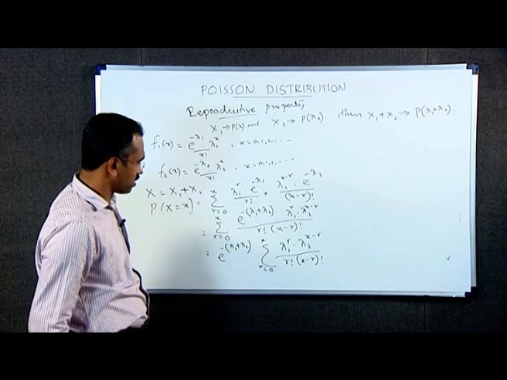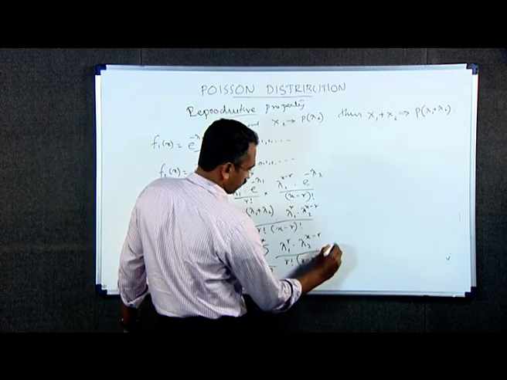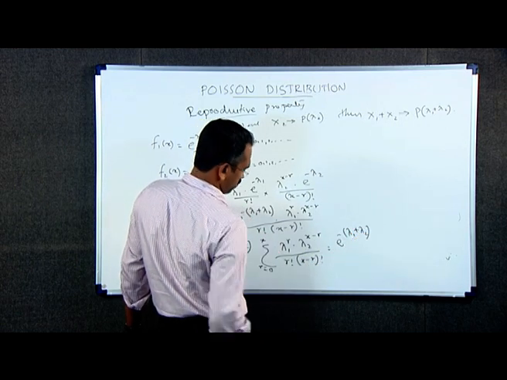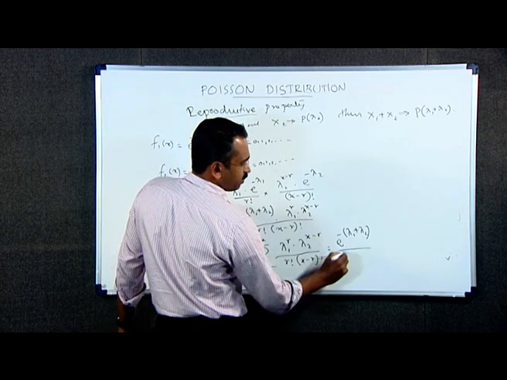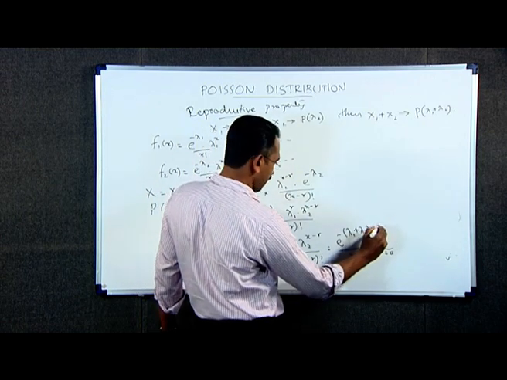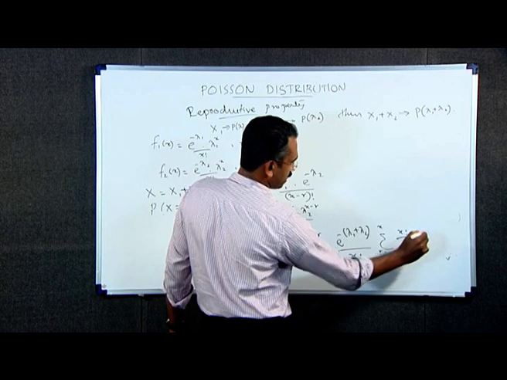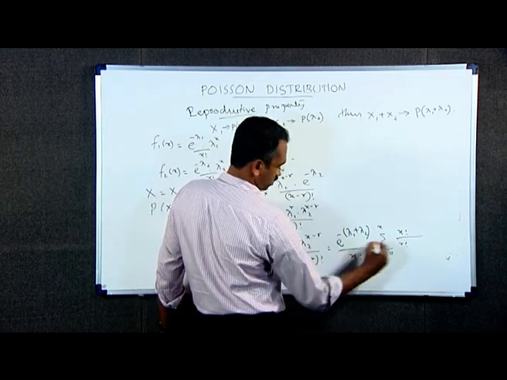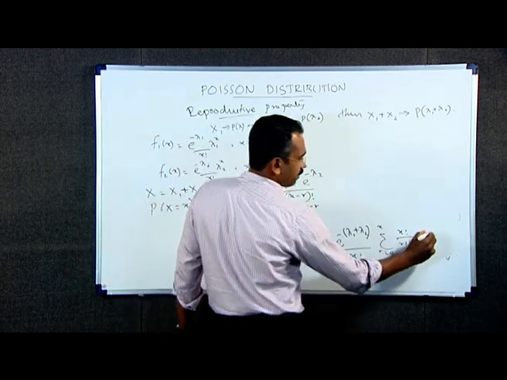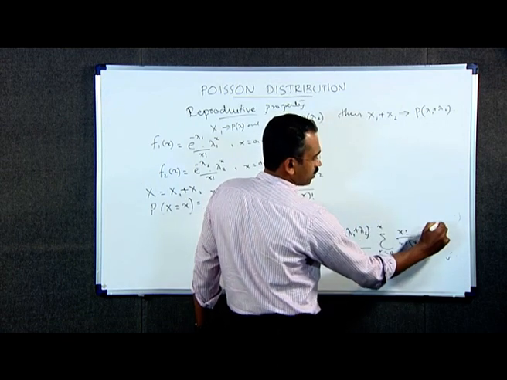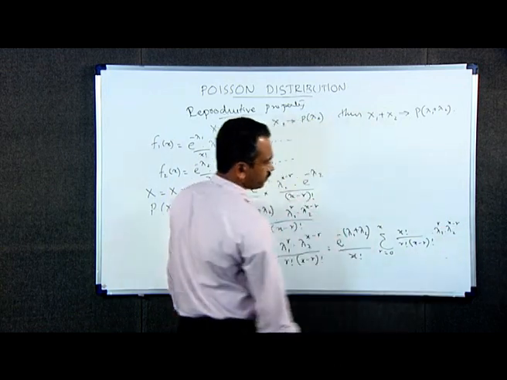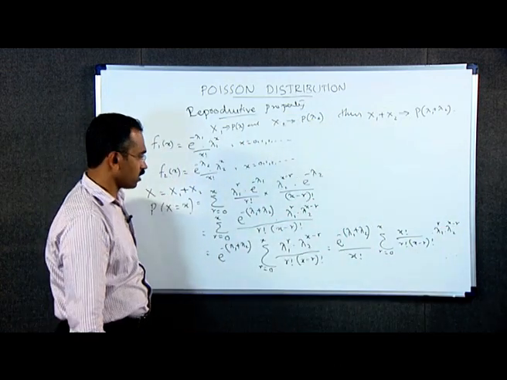We get this is equal to e raised to minus of lambda 1 plus lambda 2, divided by x factorial, into summation r varies from 0 to x, x factorial divided by r factorial into x minus r factorial, into lambda 1 raised to r into lambda 2 raised to x minus r. That is equal to